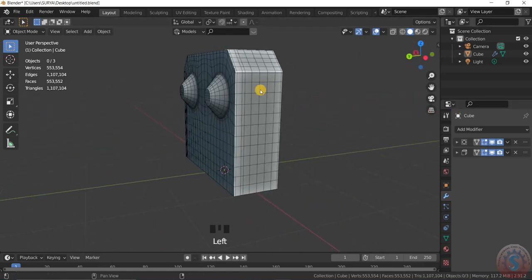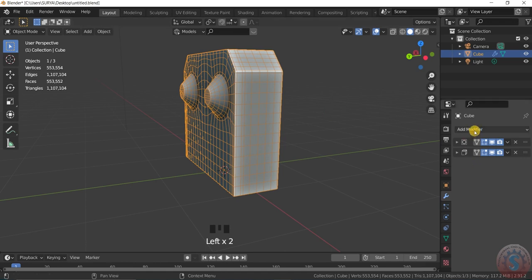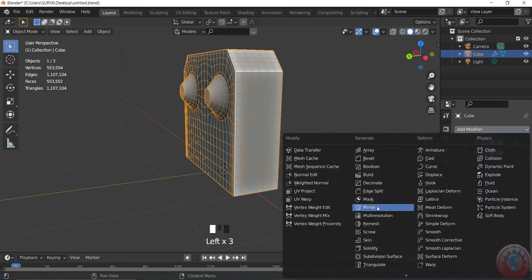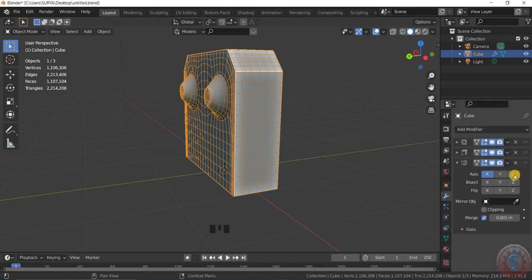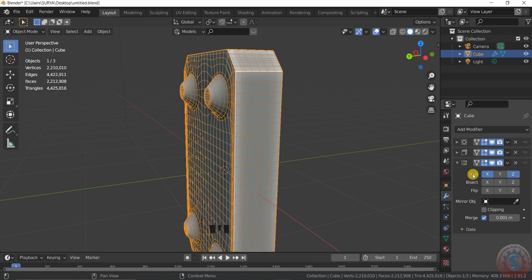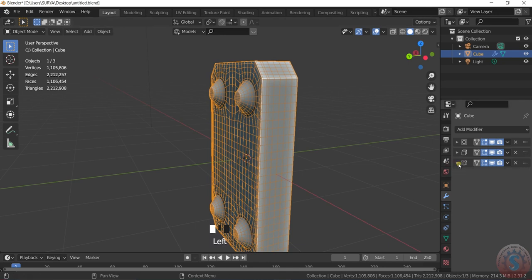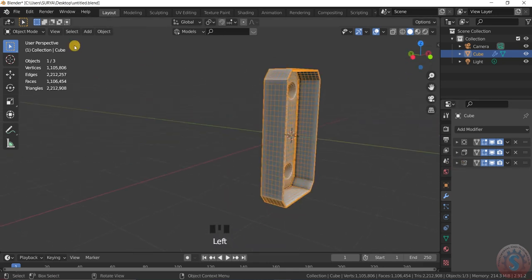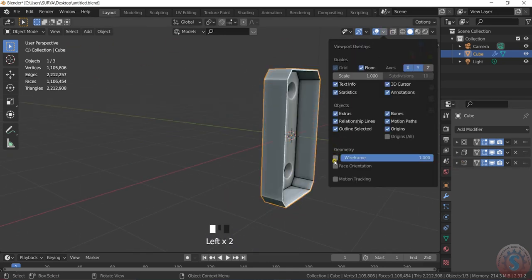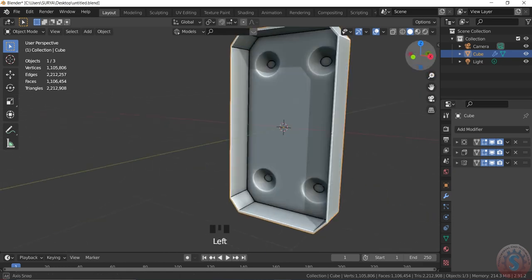By selecting the object, go to the add modifier, give the mirror modifier to this to mirror the same object on the bottom. Go to the axis and select the Z axis, and turn off the X axis. Along the Z axis only we should apply the mirror option. You can see I'm turning off the wireframe. You can observe the object,